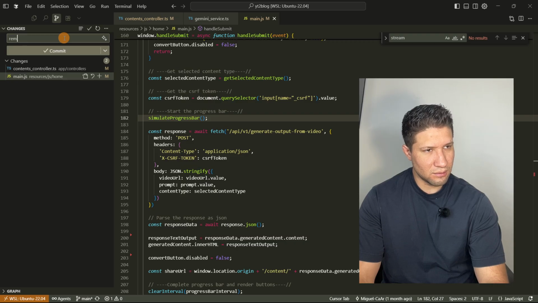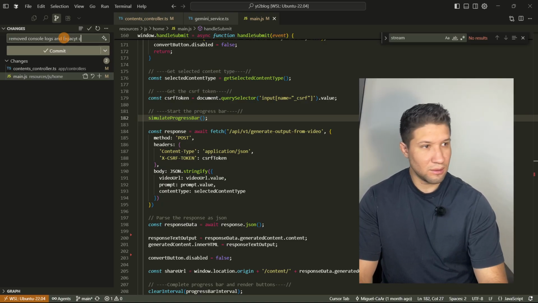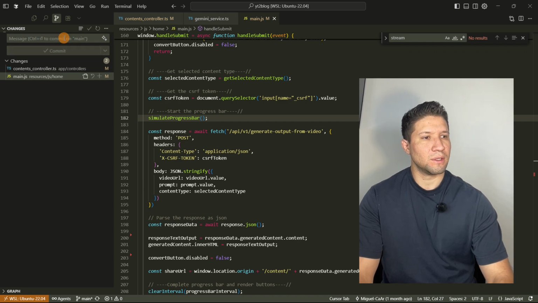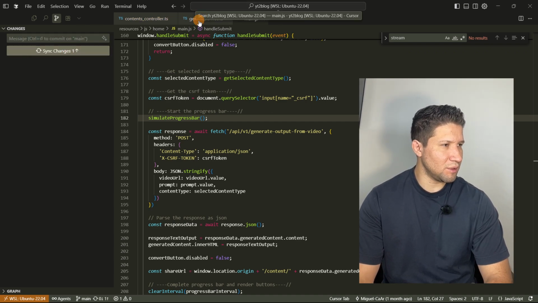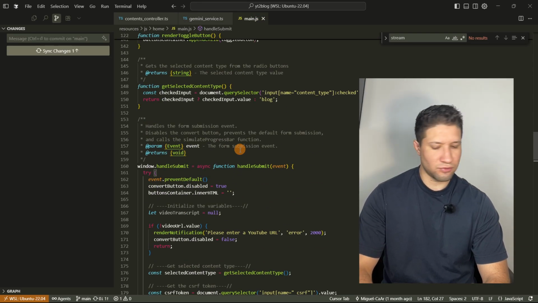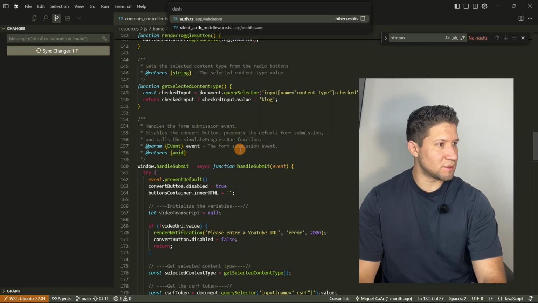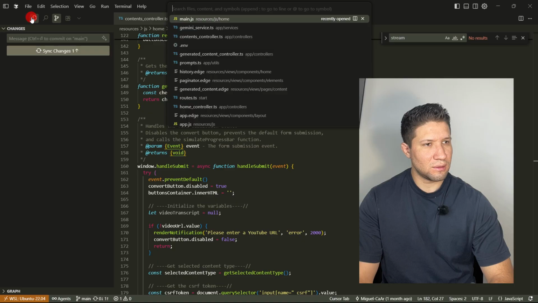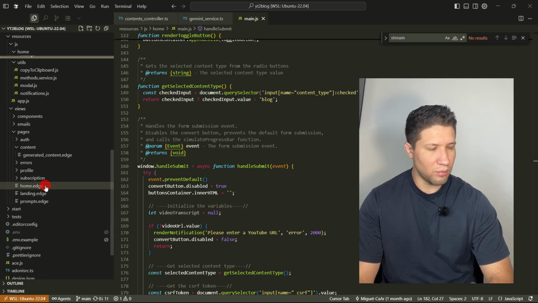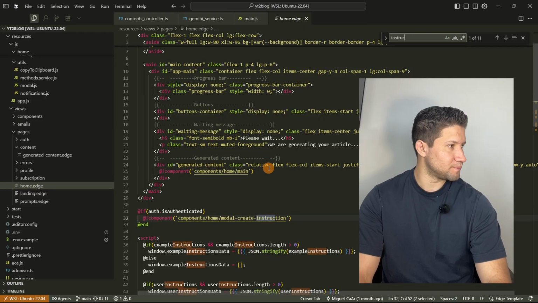Removed console logs and legacy code. Okay, so let's commit. We're not going to sync because it's not required right now. So in here, if I search, okay, so if I need to open, so I think this is, we go to home. Actually, we're going to change that right now. And where it says instructions,